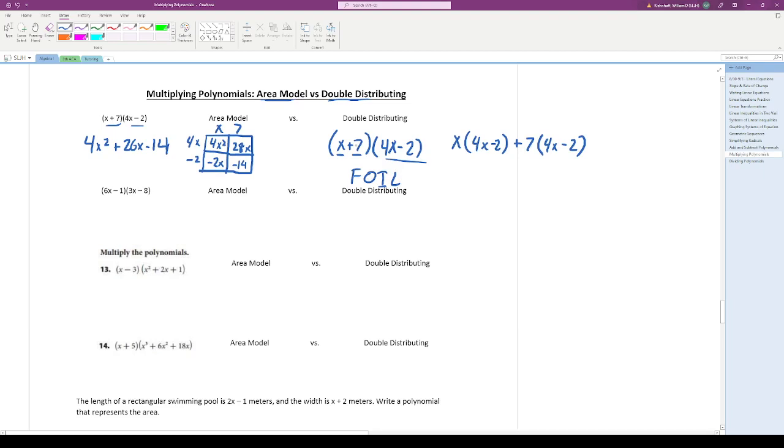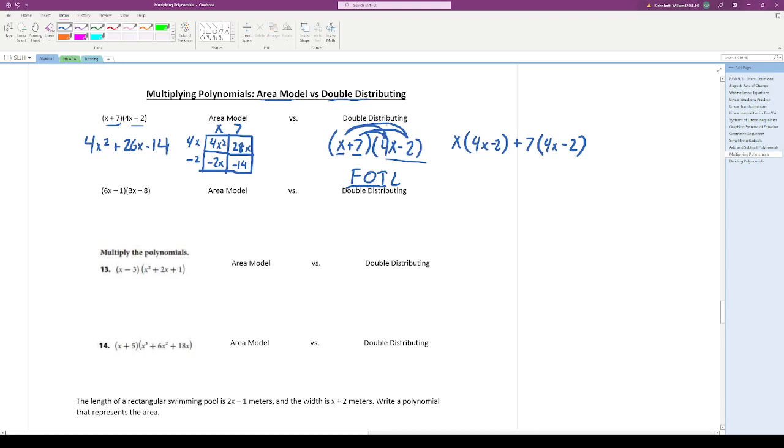First, outside, inside, last, where we do first, then outside, then inside, then last. Which is nice, but it's kind of restricted to binomials. If we had some bigger order polynomials, it wouldn't be quite so simple. But notice that with FOIL, the first and outside is just distributing the first term, the x, across the second